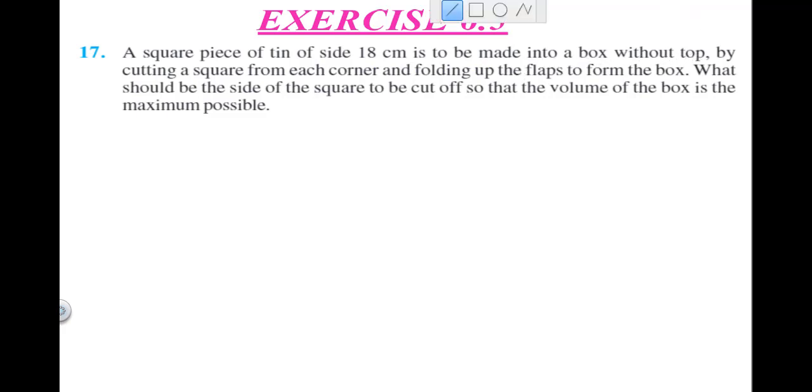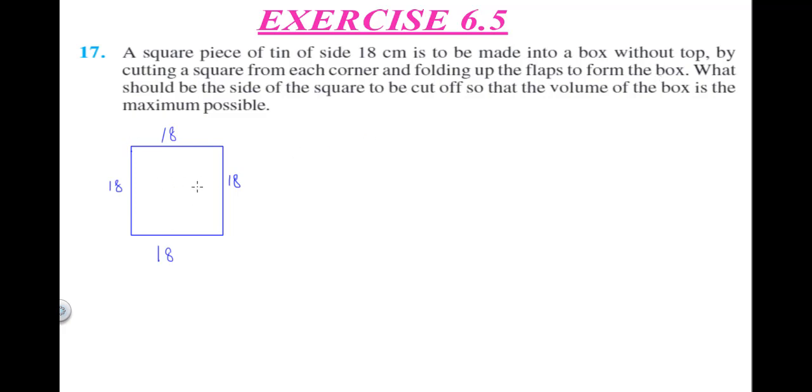top, right? So what we have done, let us just take a box. Okay, so suppose this is the box. Now side is 18 centimeter, so we should take a square, not a rectangle. Let us just take a square box. So a square is drawn with 18 centimeter as the side. So all the sides will be 18 centimeter. Okay, is to be made into a box without top.